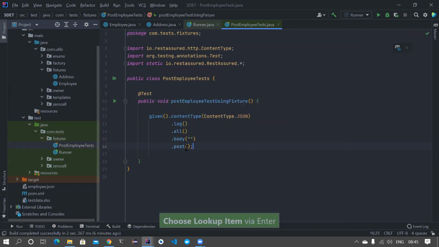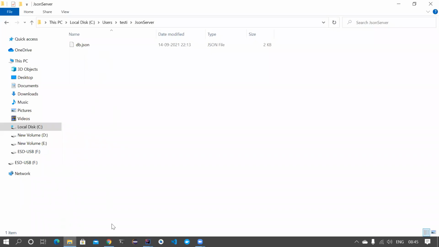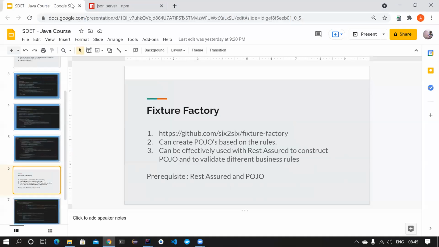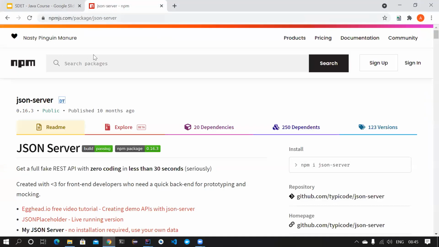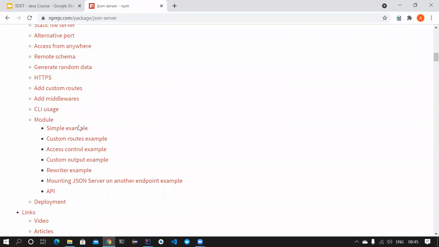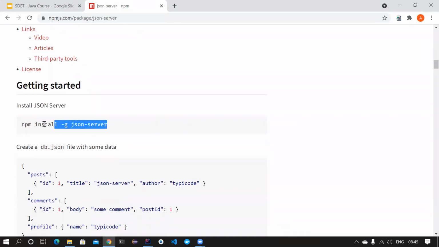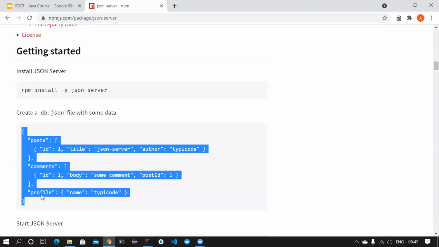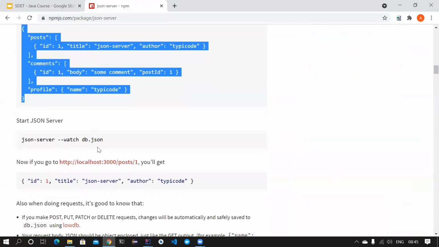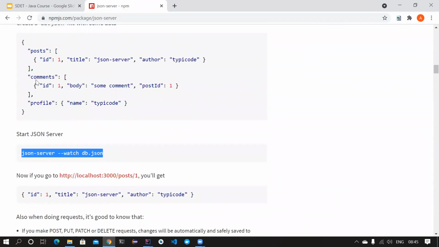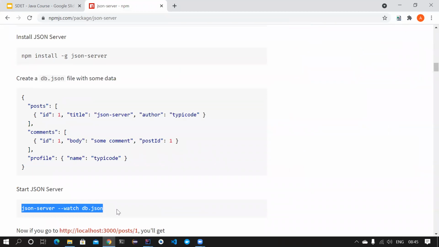Again, guys, I can use some real-time example, but for now, I don't want to use a real-time API. So what I have done, I already have the JSON server with me. This is the JSON server. JSON server is an NPM module, so you can download and install that on your machine, which will create a server for you, and it'll work like a real server. This is the command to install, and you can follow this step. You can create a db.json file like this, and you can call this command. I have already done the two steps, so I'm just going to do only this.